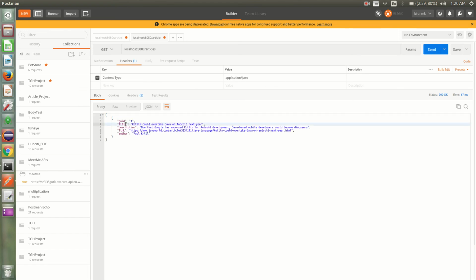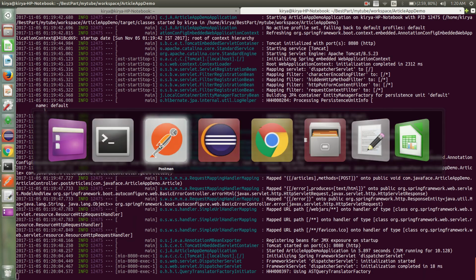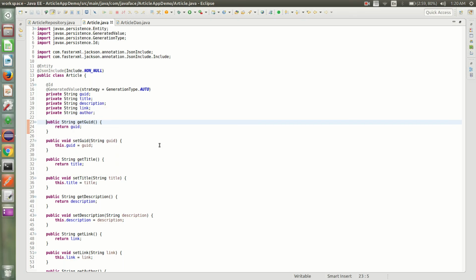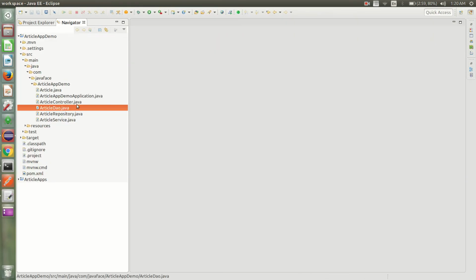Yeah, GUID is generated. So this simple it is when we try to build web services using the